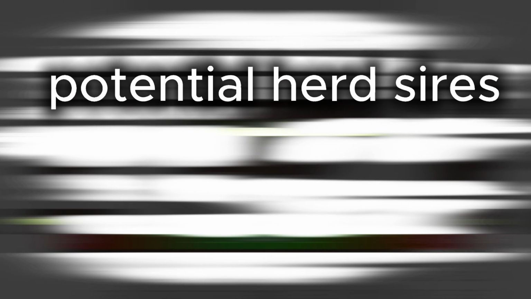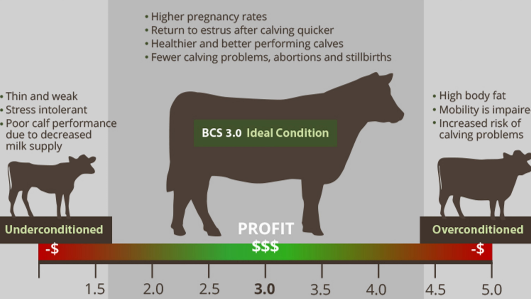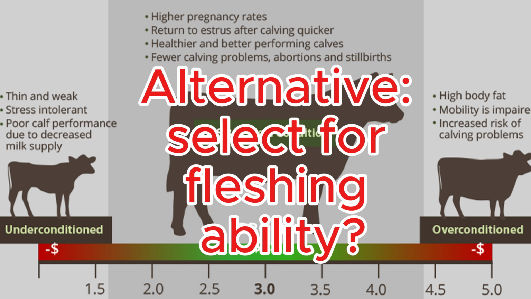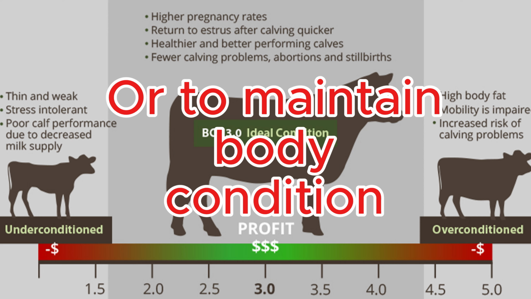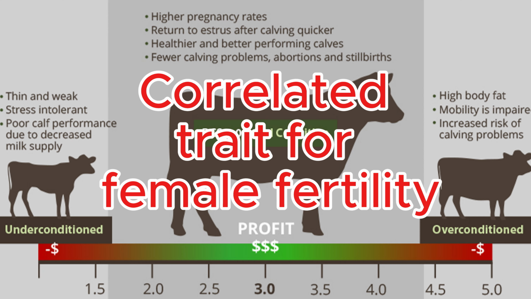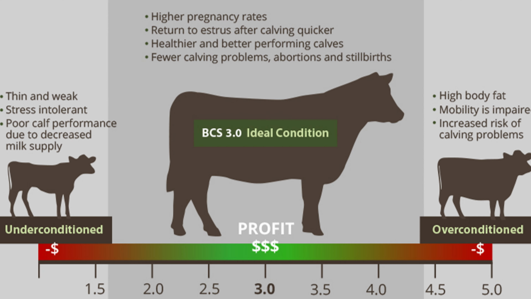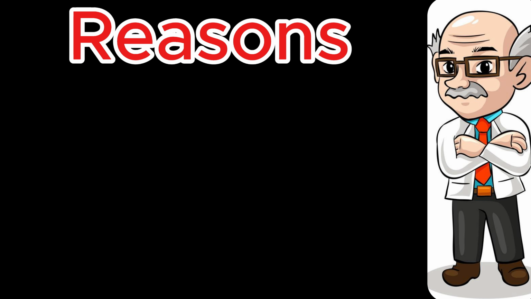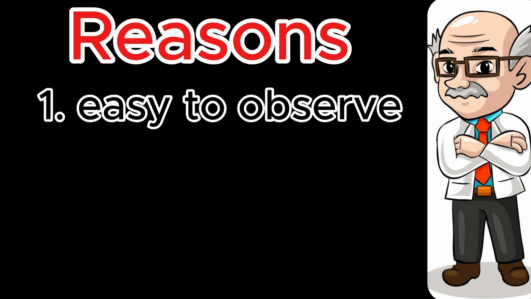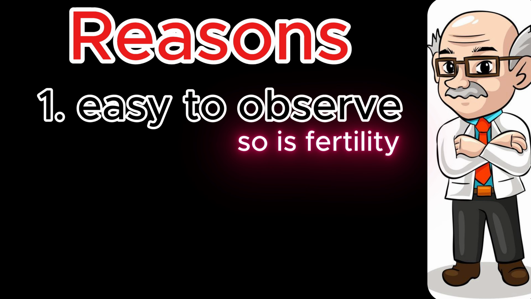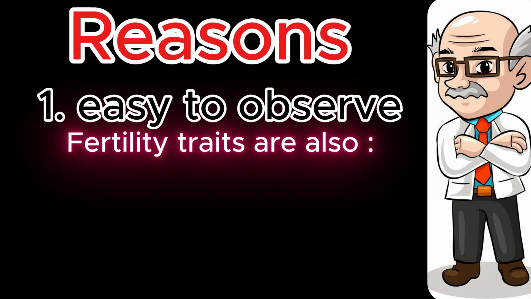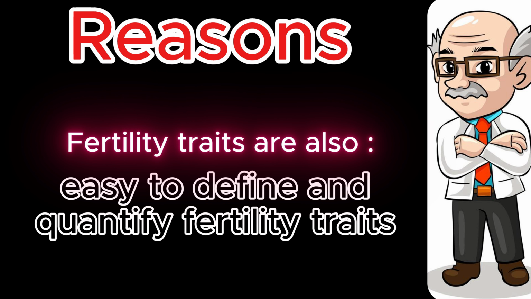The alternative sometimes suggested is to select for fleshing ability, or the ability of females to maintain body condition, as a correlated trait to female fertility. The following reasons to select for fleshing ability are given. In the first place, it's easy to observe. That's a good argument, but so is fertility, and it's easy to define and quantify the traits and properties contributing